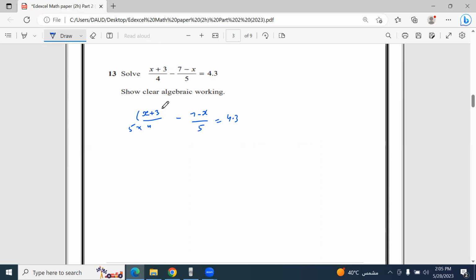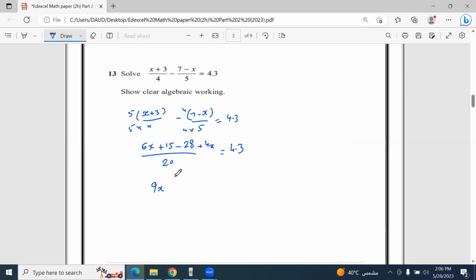Multiply by 5, here 5, multiply by 4, 4, and then we have the LCM is 20, 5x plus 15 minus 28 plus 4x is equal to 4.3, and next step 5 plus 4, 9x,